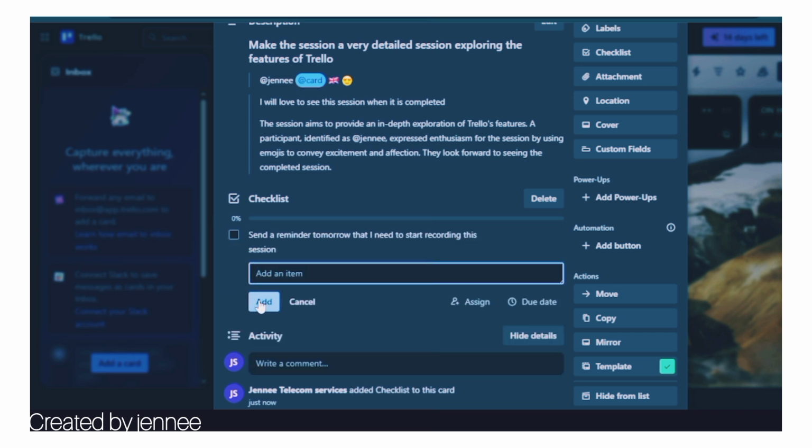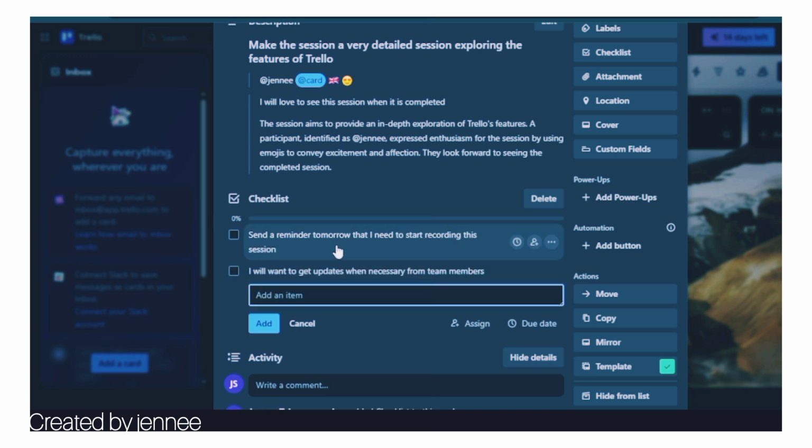You can add as many checklists as you want. You can also say I would want to get updates when necessary from team members, right? So these are all checklists, right? You also have the option of deleting your checklist, but these checklists are just like a way to measure your